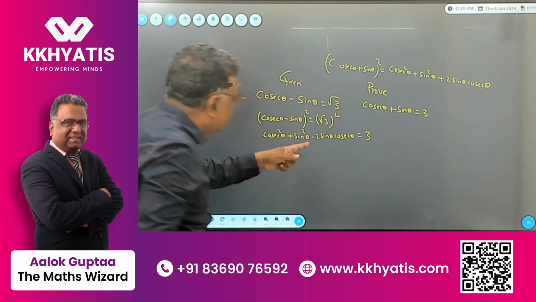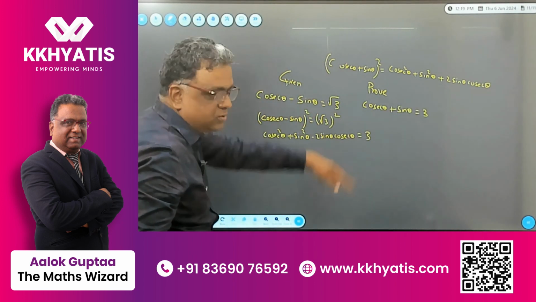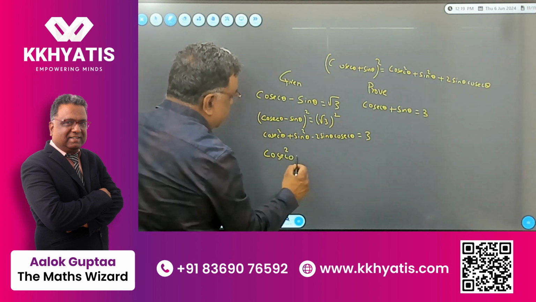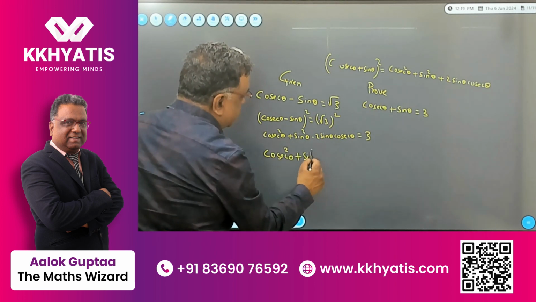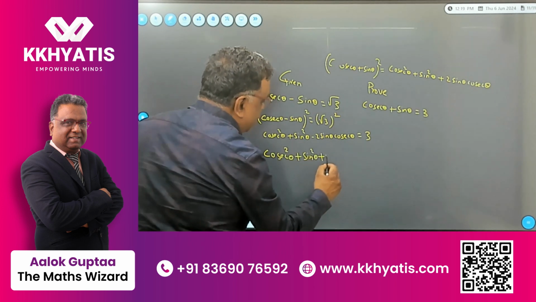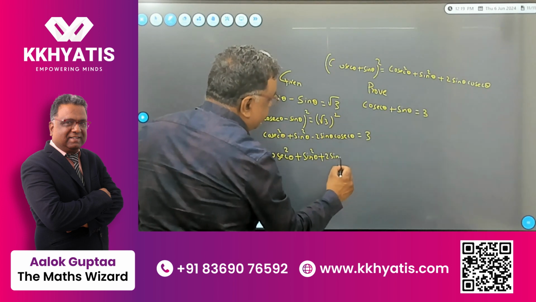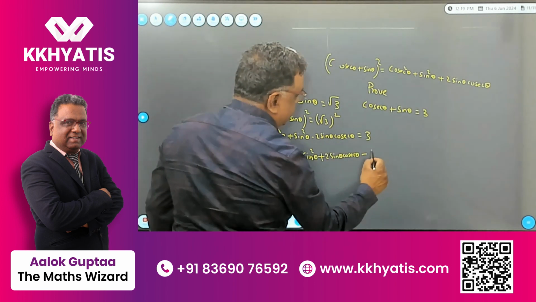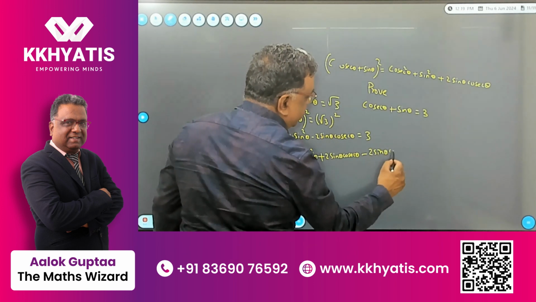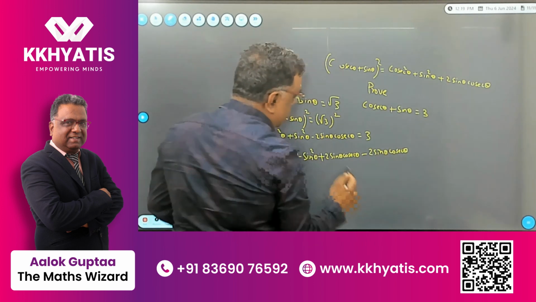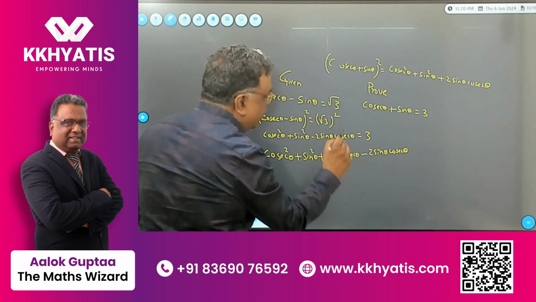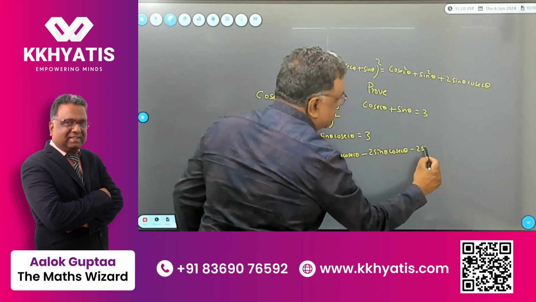But what I have over here, I have minus 2 sin theta cosec theta. So what I will do, cosec square theta plus sin square theta, I will add 2 sin theta cosec theta, and then I will subtract also 2 sin theta cosec theta. So this both will cancel out. So I have made no effect, and this which is there already, I will write it as 2 sin theta cosec theta